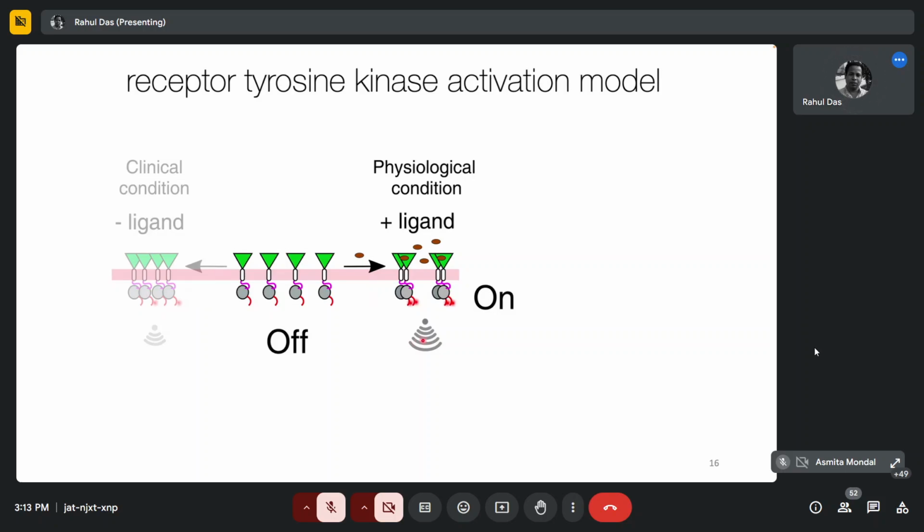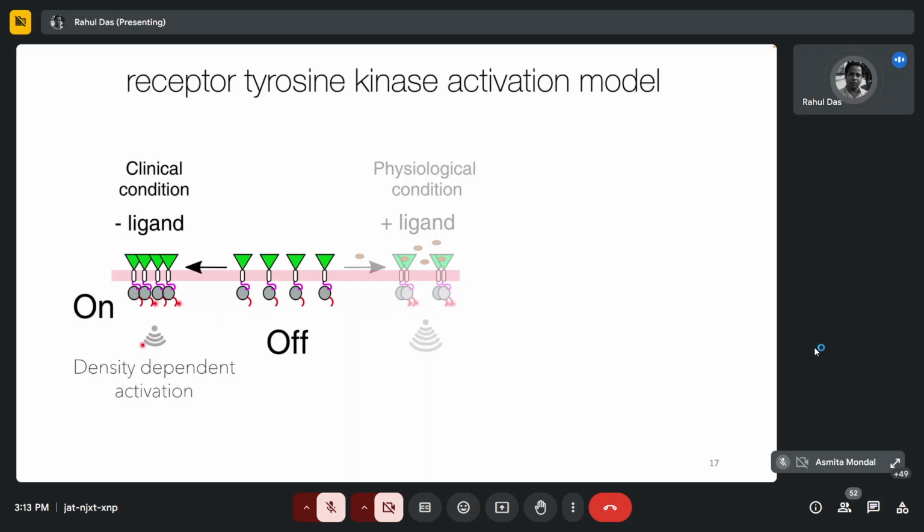Now, when the protein gets activated and dimerizes without a ligand, for example, the one on the left, this is when the clinical condition starts. Okay? And the whole research is to try to understand how the cell maintains the condition which is on the right versus the condition which is on the left. Okay? So,